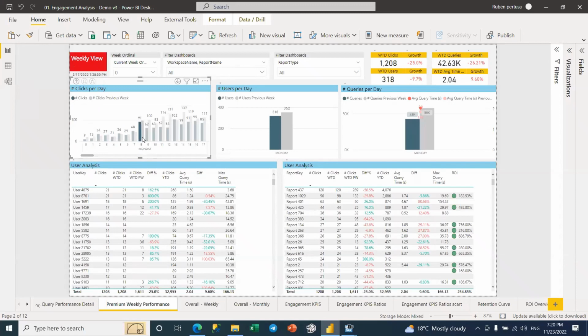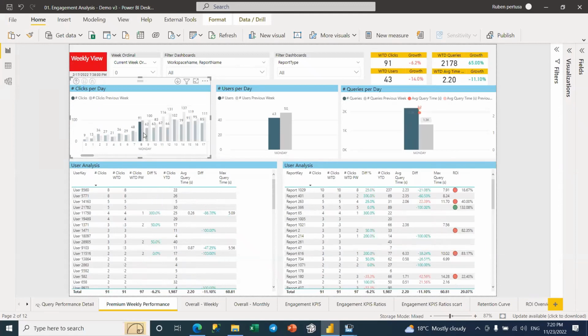We can really see what our peak hours are, which is quite important, because if we want to deploy a new version of our Power BI model, we want to avoid the peak hours. Once we deploy, we will kill some of the cache, which is internal cache from Power BI, which will impact the performance. Therefore, it will impact the user experience.